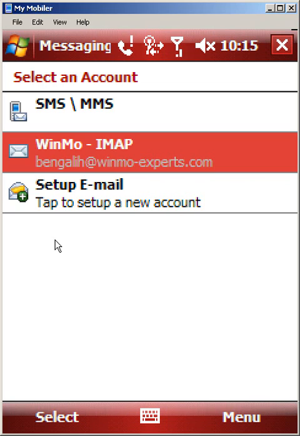Now, the problem is that I can set up my account here, bengalih@winmoexperts.com, but what if my account also has more than one email address associated with it? So, for instance, the administrator on my server, or through an administration interface that the user may have access to, has gone ahead and assigned multiple email accounts. Let's say I also have a